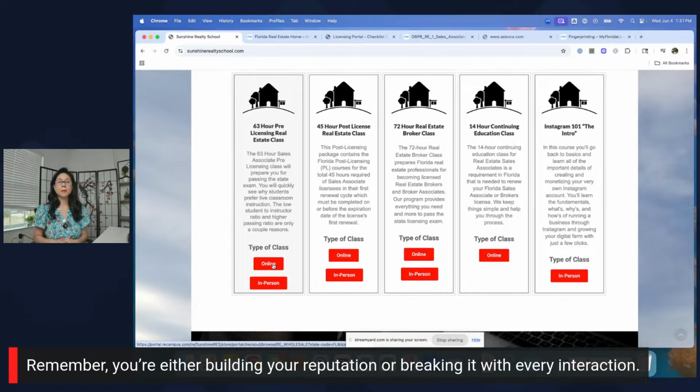So now let's talk about that add-on bundle. I don't think you need it. Maybe I'm shooting myself in the foot because I could make more money if I sold you the add-on bundle, but you don't need it. I've been teaching this school long enough. You don't need it. When you go to take your state exam,